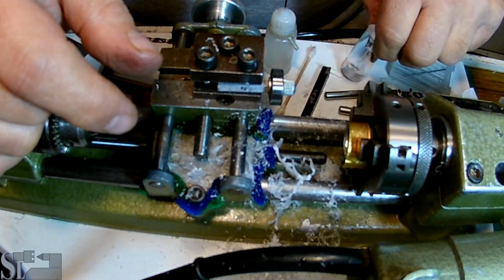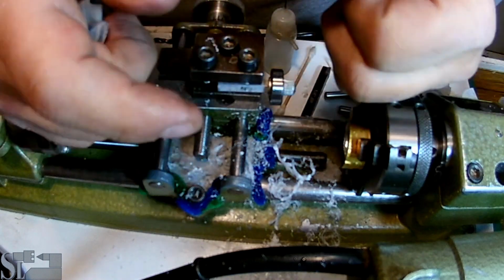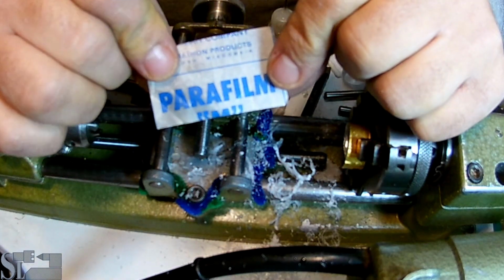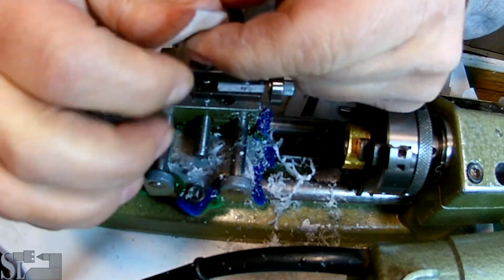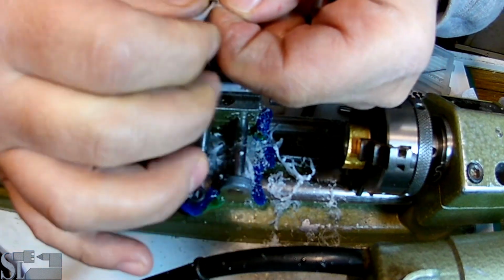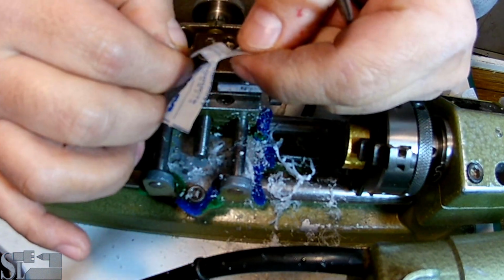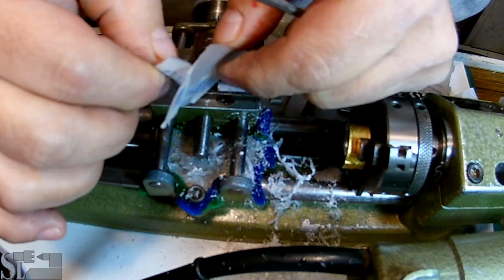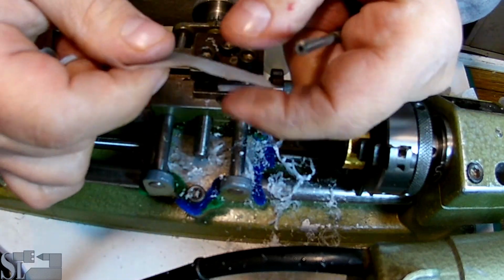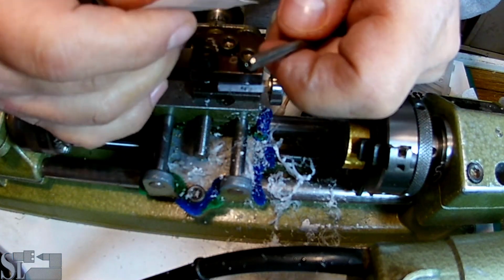Oh, before I forget, I used a reamer. If you want to protect your reamers, use parafilm, these sheets of wax. Now this is a 20-year-old product, meaning I have it in my shop in really lousy weather and conditions. When they're brand new, they lose the paper rather easily, so it's a lot more fun to use, but